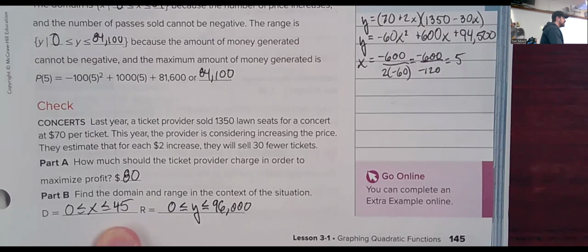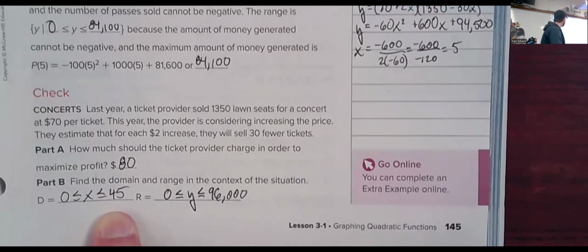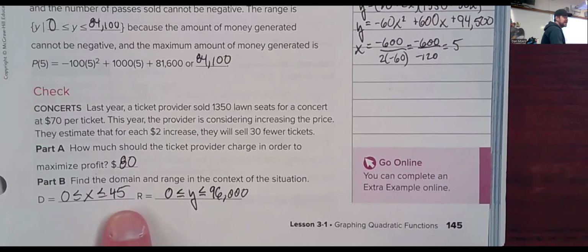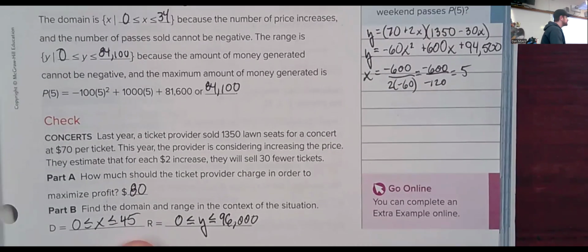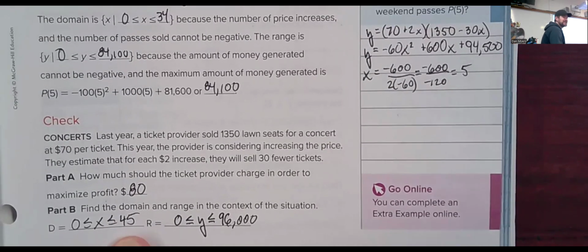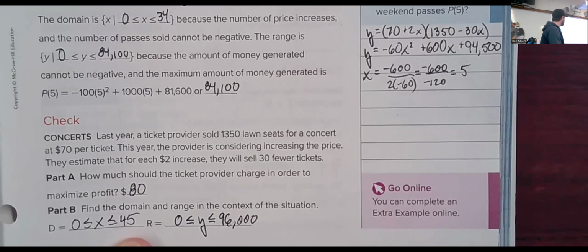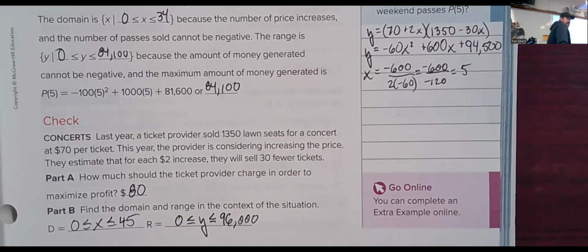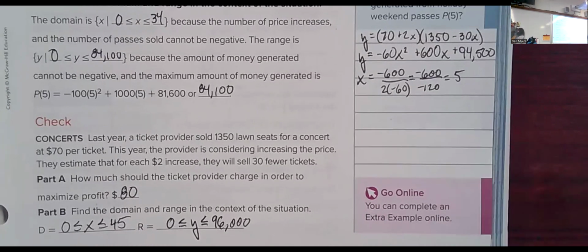There wasn't a lot of explanation on how to get that. But 45 basically means how many increases do you need until there are 0 people showing up, right? Until there are no tickets being sold. So if you think about it for a second, this part of the function here has to do with the number of people, doesn't it? This is the number of people. So if this equals 0,